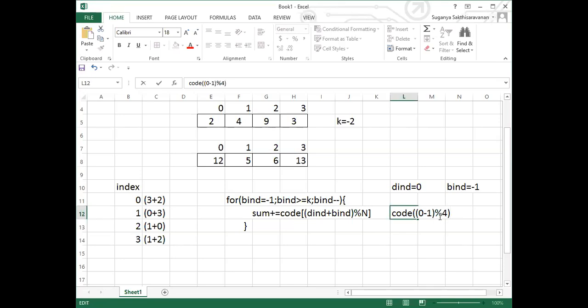So actually what is expected here? What actual index is expected for the first iteration? Third index is expected. So if you write the logic like this, we are getting the value as -1, right? So I don't want -1. I want the index third position. So what do I want to do to make this particular number 3? I want to make -1 to 3.